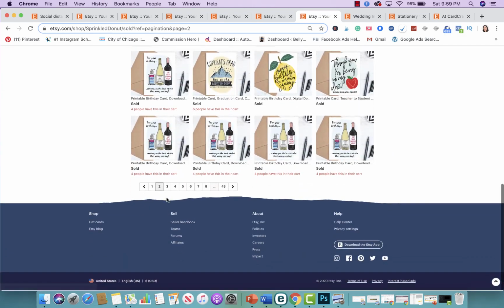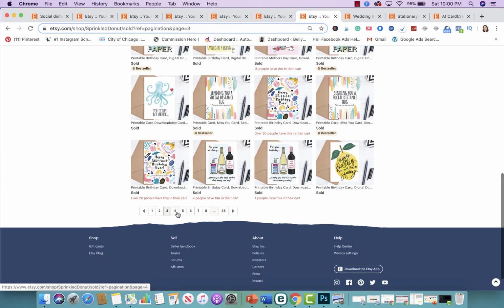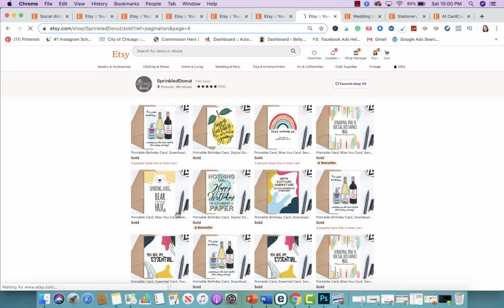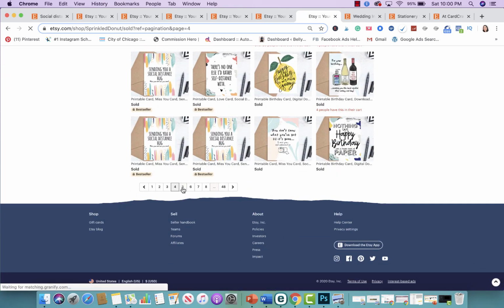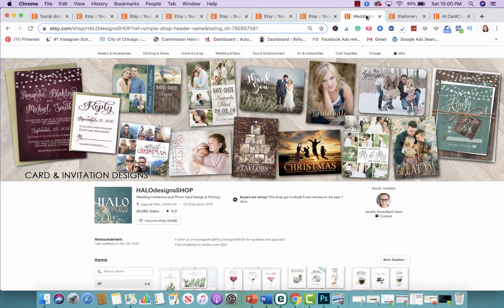Look at all of these. I think they probably sold more quarantine cards than anything else in their sales. And look at all this. I'm on page 5, and look at all the sales that they have sold. And then this is another store. This store has been around since 2015. They have their sales closed,